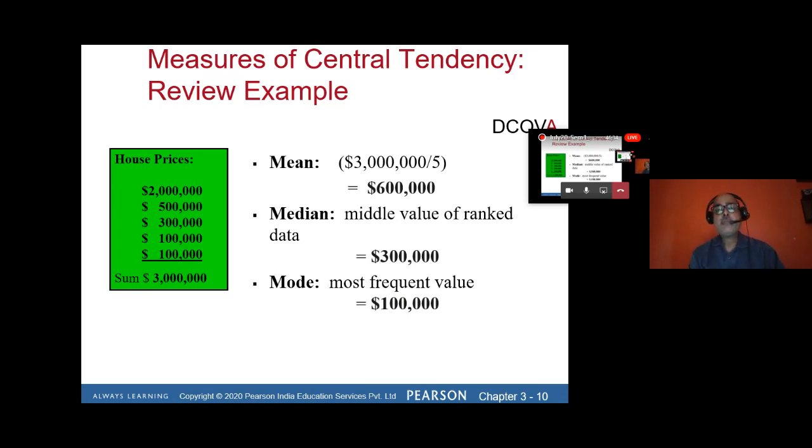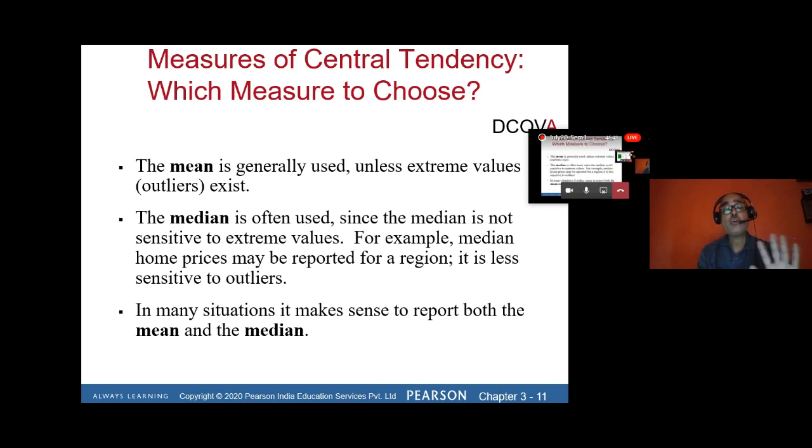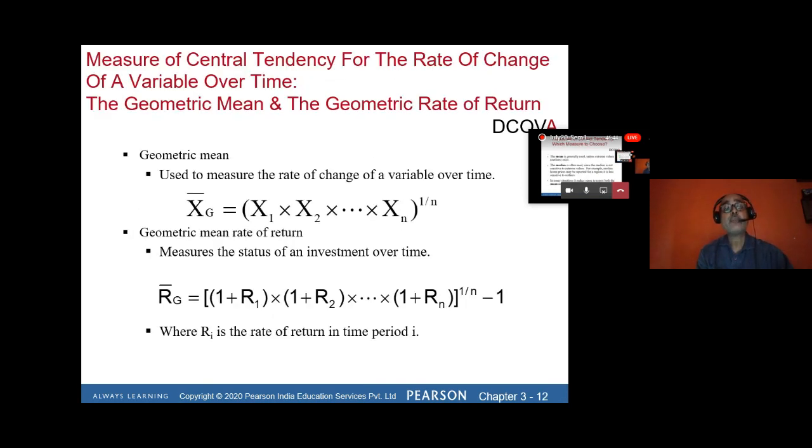Measures of central tendency: how to find the mean, how to find median, and how to find mode. Mean, median, mode I have already explained. One is the common average, the mean, which is called arithmetic mean. Two other means I have explained in this SLM, that is harmonic mean and the geometrical mean, which are given on page number 89 and 90. I'm referring to the book for you.